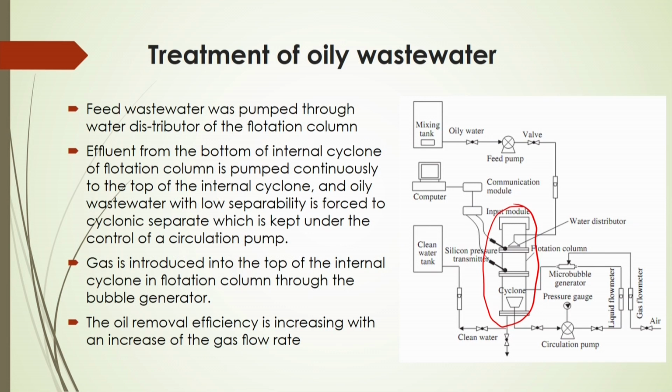And in that case, this effluent with oil-rich wastewater is supplied from the top of the column, and from the bottom, through cyclone systems, gas is supplied as a dispersed phase of bubbles. Whenever this oily wastewater comes in contact with the gas, the oil content attaches to the surface of the bubbles and goes up as a floating agent, and then at the top the oil makes a separate layer.